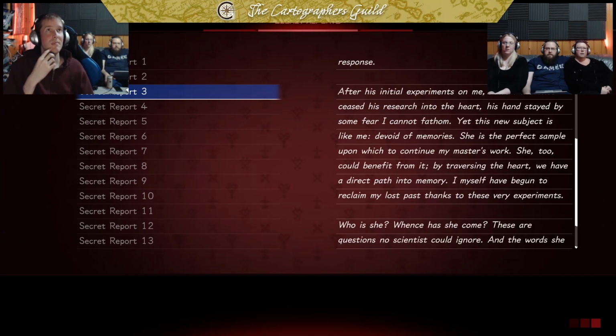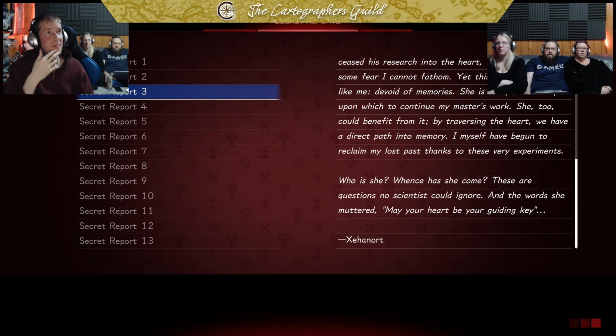After his initial experiments on me, Ansem the Wise ceased his research into the heart, his hands stayed by some fear I cannot fathom. Yet this new subject is like me, devoid of memories. She is the perfect sample upon which to continue my master's work. She, too, could benefit from it. By traversing the heart, we have a direct path into memory. I myself have begun to reclaim my lost past thanks to these very experiments. Who is she? Whence has she come? These are questions no scientist could ignore, and the words she muttered, "May your heart be your guiding key,"